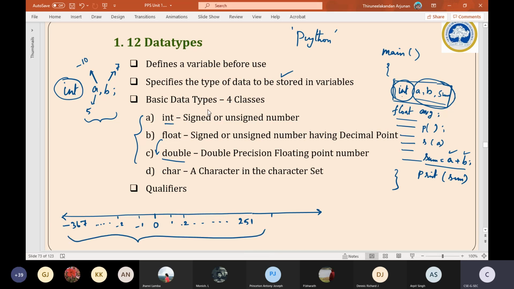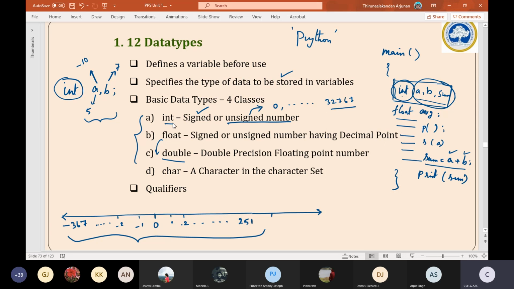So if we are specifying a signed int, then we can specify numbers in both the negative as well as the positive range. In case we are not specifying signed integer, we can specify it as an unsigned integer, which means all the numbers that we use are positive. It starts from 0 and runs up to 32767, like that. So this is the highest range. All the numbers within this range can be assigned to an integer.